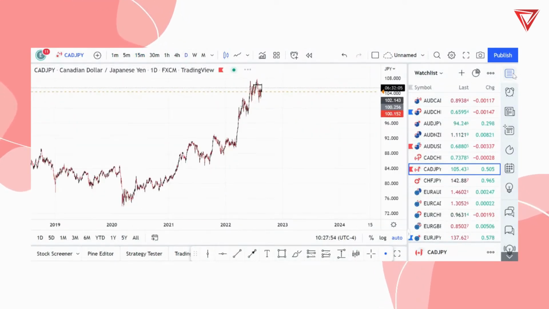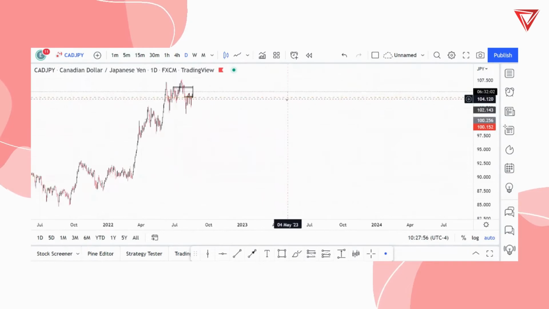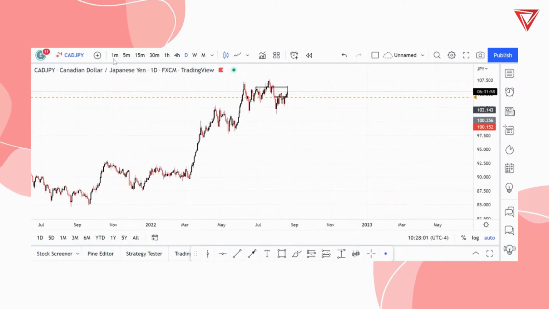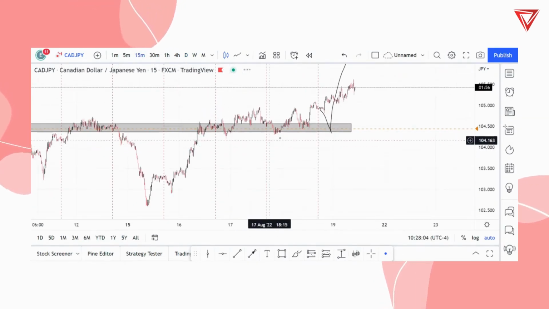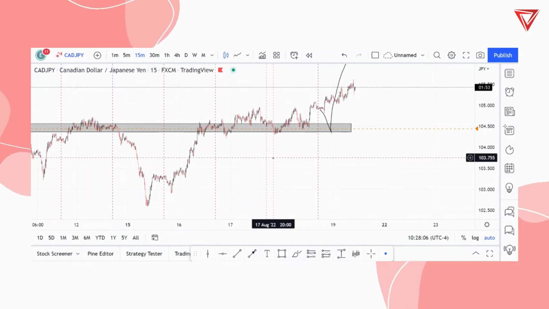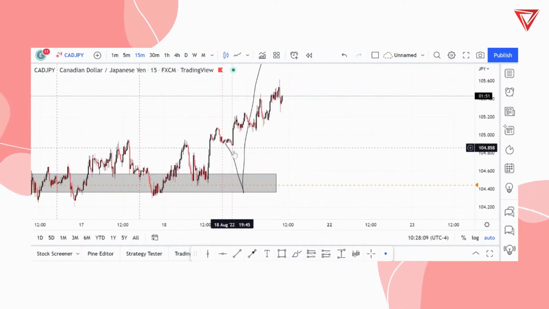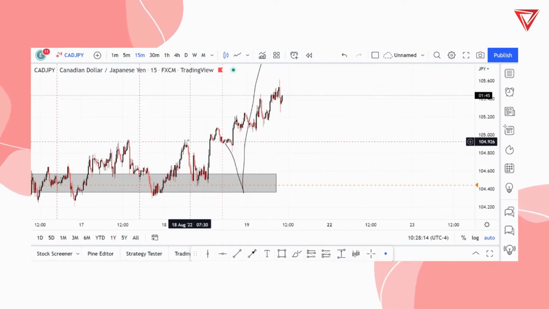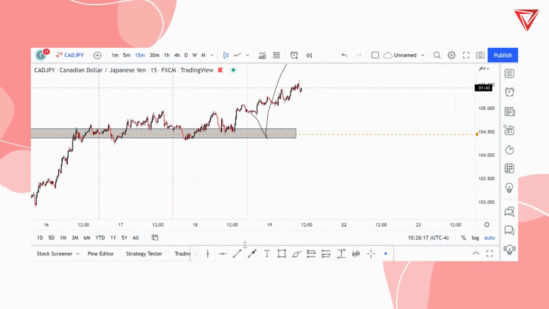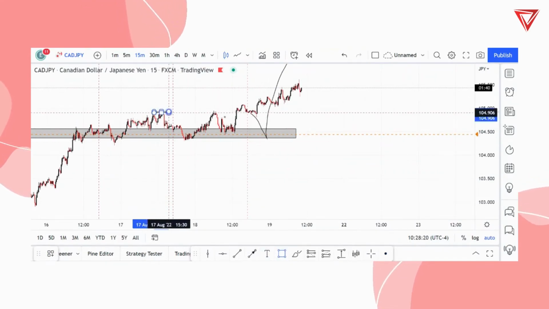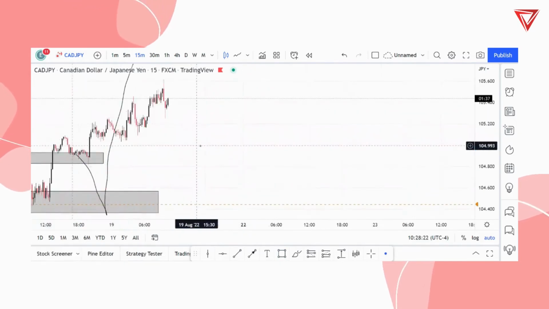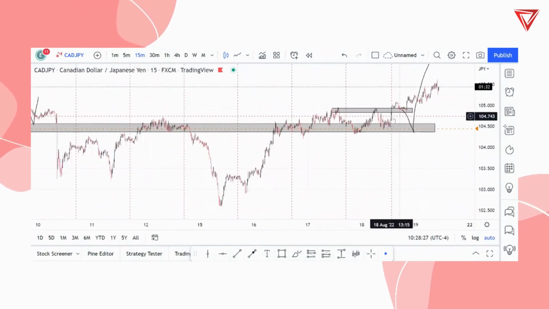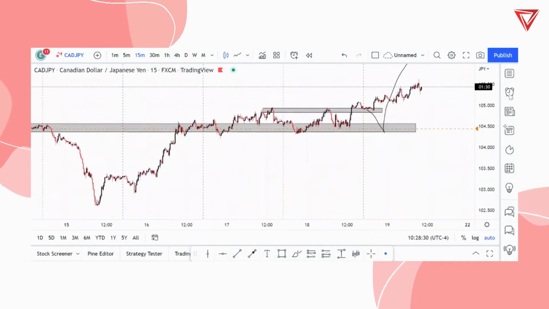If you go on the daily time frame, you can see that CAD JPY would be bullish at present. It's overall bullish, and it went back into current bullish momentum. What this would have told me is it makes sense to align myself with a buy. So I thought that it would try to grab some liquidity of this area and then shoot off. It did come down for some liquidity, but the liquidity zone that I did not really pay much attention to would have been this one. That's why it would have gone there, grabbed the liquidity, and then shot up. So my bias was right. My analysis was wrong. I'm fine. I'll take that. I'll accept that. It is what it is.